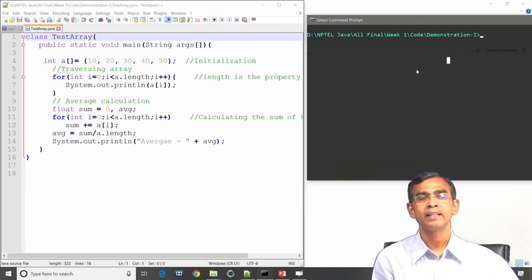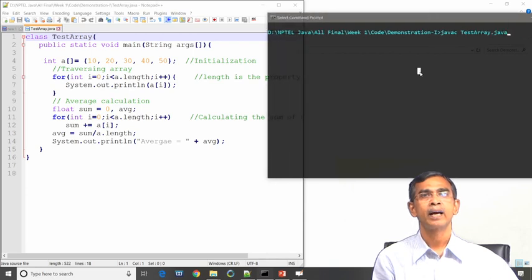Now, let us compile this program using javac. TestArray dot java is the program file name. Okay, run it. Okay, so this program is successfully compiled. Now, we are going to run this program.